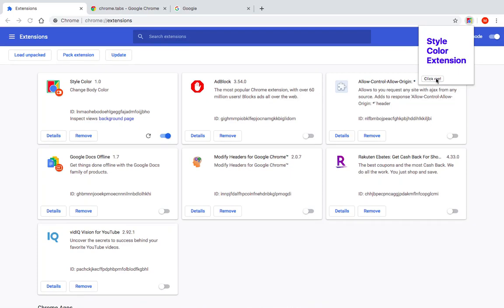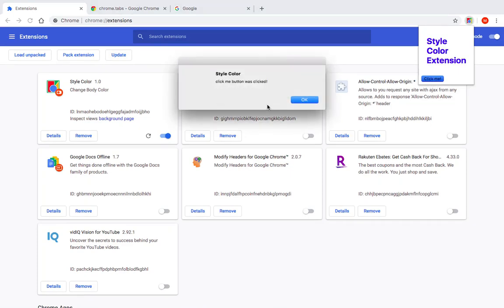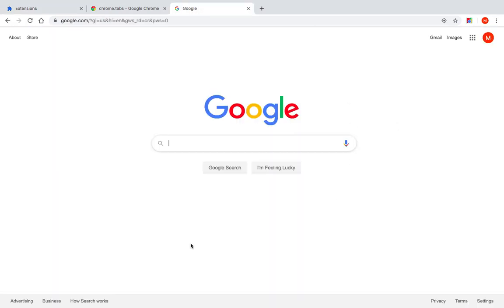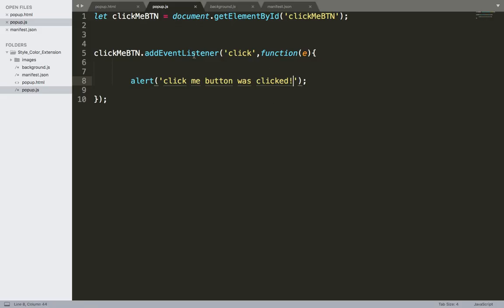So now the extension only displays an alert once you click on it. But we wanted to change the background color of Google once you click on it. So we wanted to change this white background to another color. So let's accomplish this. In our project, once the user clicks on the Click Me button, it's going to execute this